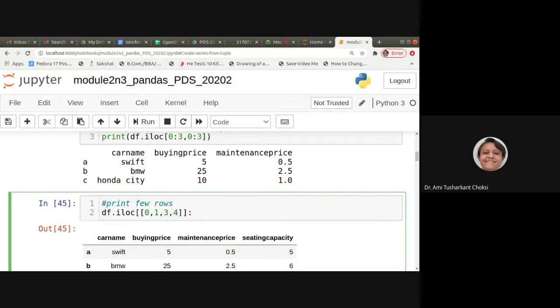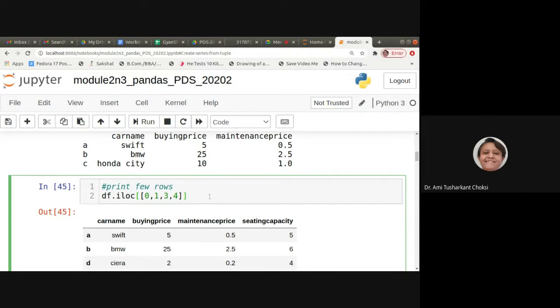So the column is not specified. Is it so? Let me check it out. What is it then? Row and column separated by colon and comma is not there. Here it is being provided only with 0, 1, 3, 4. Okay, so we'll print those many rows.